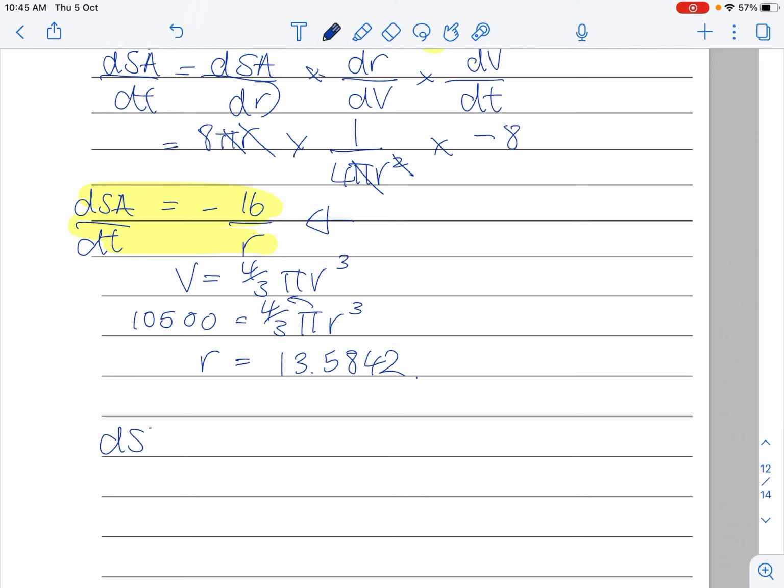So substitute that into our dSA by dt, part of it, sorry, 13.5842, and we're looking at negative 1.1778. Now the units here, areas are always squared, so centimetres squared, and with respect to time, so it's per seconds. And that's how